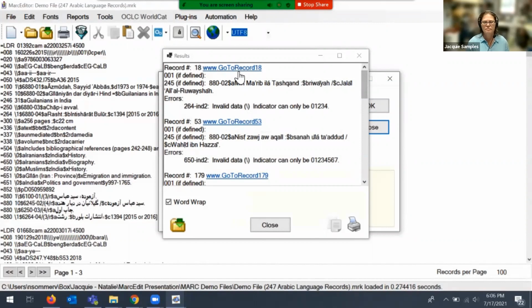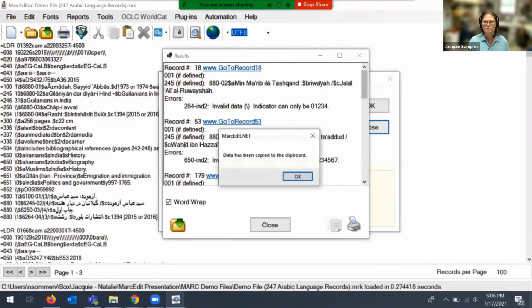At this point, for me in my workflow, I don't usually examine errors more closely or fix them. I'm still in the middle of doing other kinds of assessment, but I do want to save the information in this results report and go back to it later. So to do that, you can click on the copy icon at the bottom of the results window. The data in the results list is copied to a clipboard, and then you can place it in a file. Usually for me, that means a notepad file, and go back to it later.